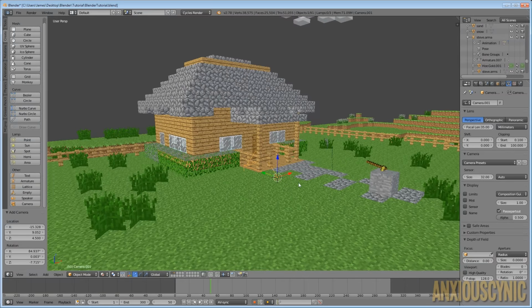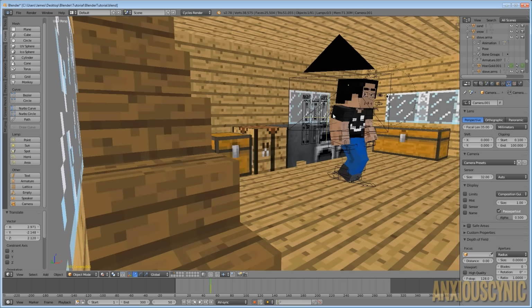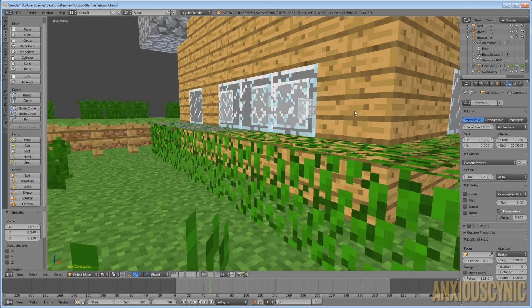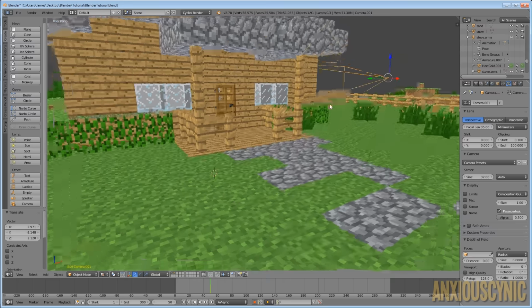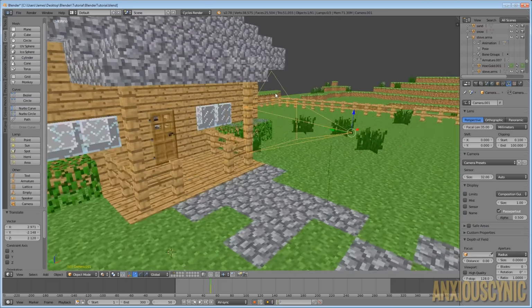So with this camera selected, I'm going to hit the 0 key. And you'll see that it brings us back into the original camera. Well, that's because if you notice, this is a big black triangle here. On this one over here, it's a hollow triangle, and that means it is not the active camera.